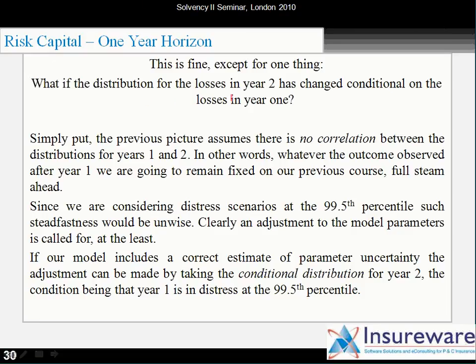What if the distribution for the losses in year 2 has changed, conditional on the losses in year 1? Simply put, the previous picture assumes there's no correlation between the distributions. In other words, if you're in distress in the first year, it has no impact on the second year. But typically, calendar years are correlated through